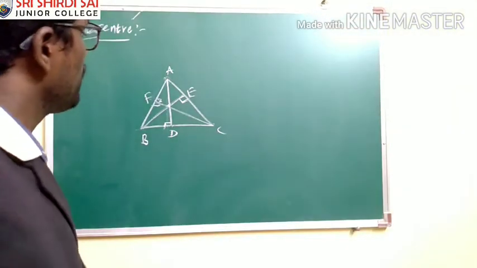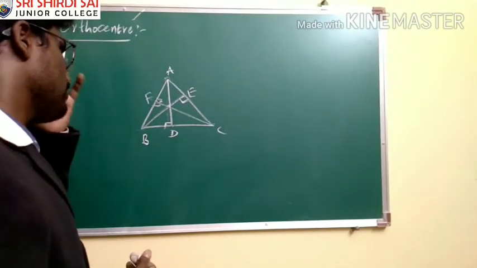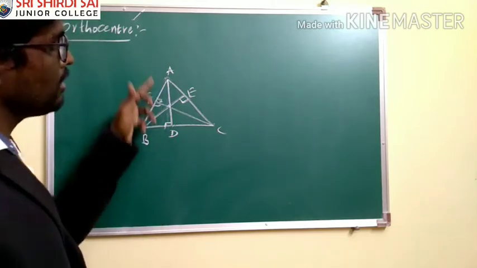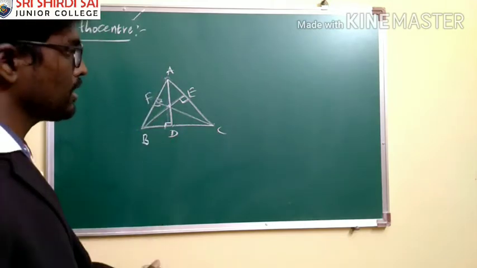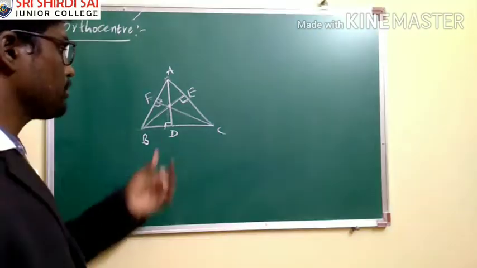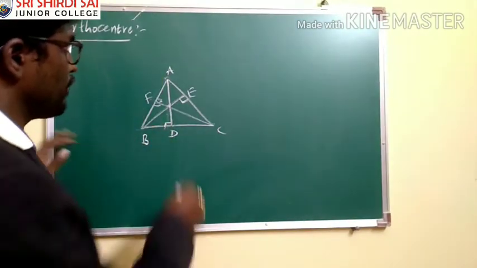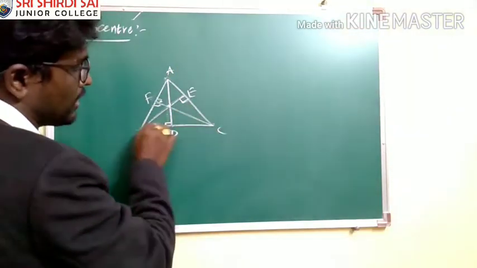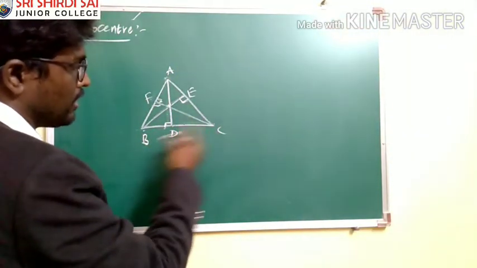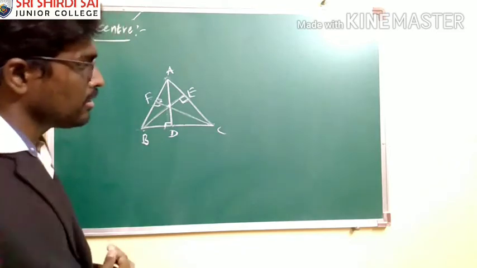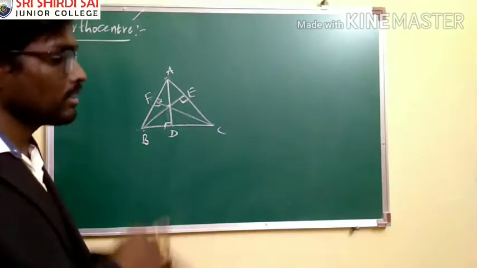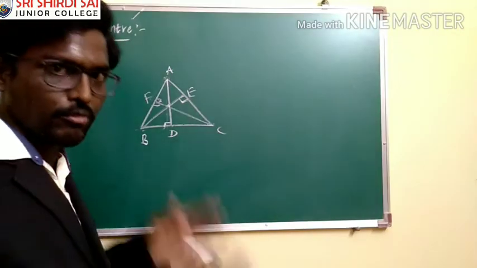Now, as I said, in the case of an equilateral triangle or isosceles triangle, the altitude and the perpendicular bisector are going to be the same, because when you take the altitude from vertex A, it will divide exactly at the midpoint in the case of the equilateral triangle. So in the case of equilateral and other types of triangles, you should be very careful.